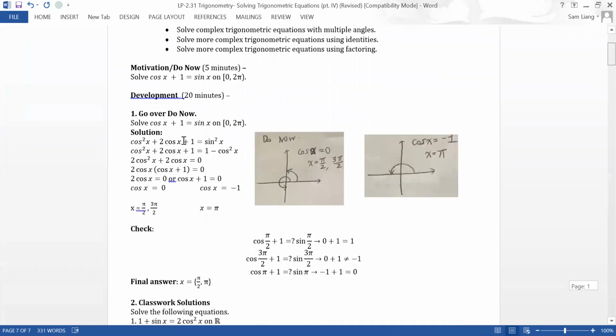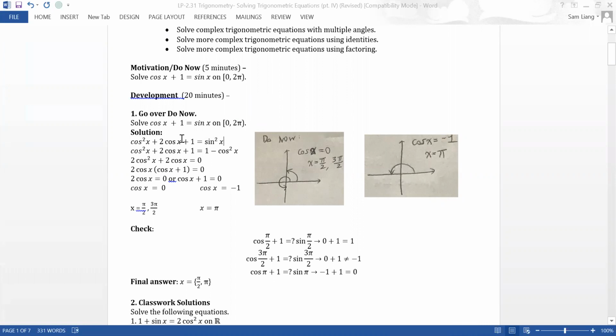As I said, this is a problem we've solved before. We're first going to square both sides. We're going to get cosine squared x plus 2 cosine x plus 1 on the left, and then sine squared x on the right. Just remember that since we're squaring both sides, we do have to check for extraneous solutions, because squaring both sides is something called an irreversible operation. Another example of that would be dividing by 0 or multiplying by 0, in which case we have to check for the solution that we actually get